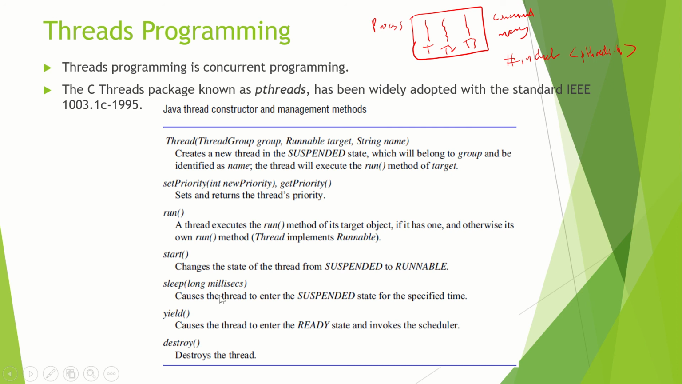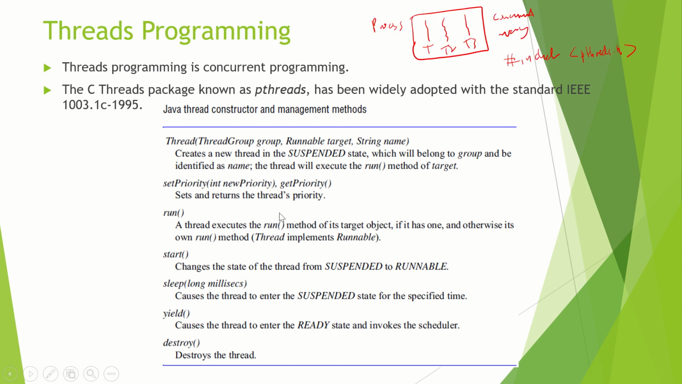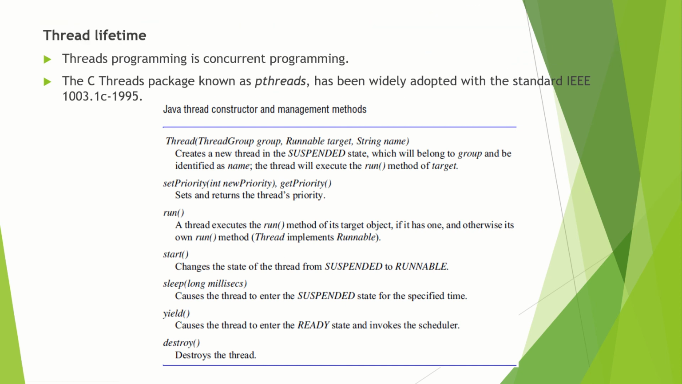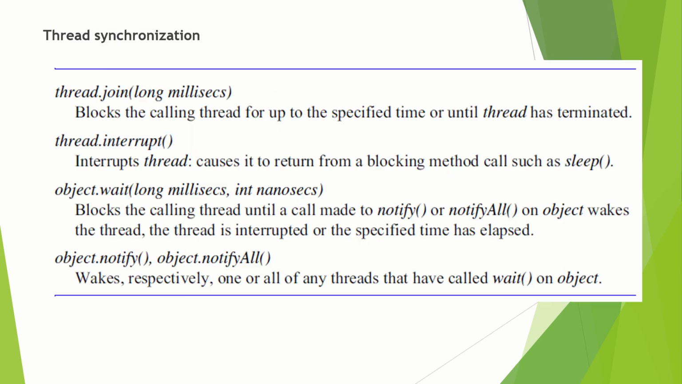Sleep with a long millisecond argument causes the thread to enter the suspended state for a specified time. Yield causes the thread to enter the ready state and invoke the scheduler, and destroy destroys the threads. So this is basically the same thing. So thread synchronization: the join function with a long millisecond argument blocks the calling thread for up to the specified time